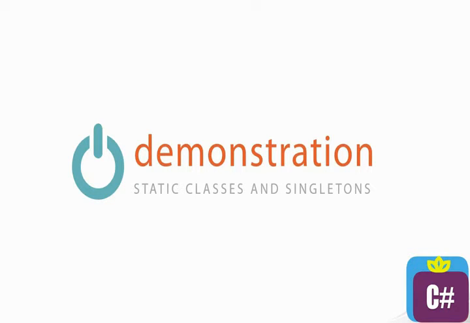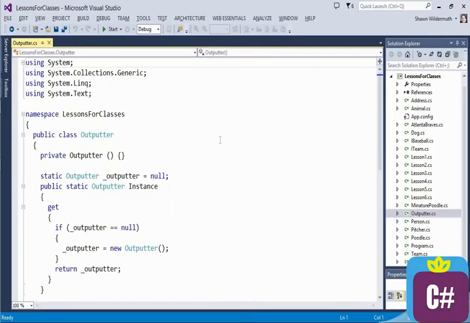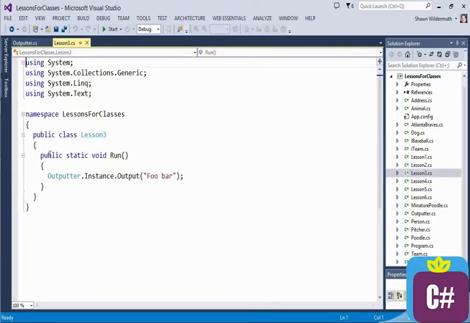Next, let's talk about static classes and singletons, as this is a pretty common case in a lot of the code reviews I do. Here we have a class called the outputter class. And if we look at the way it's being used, we can see here we're just using it as a singleton object. We're saying, oh, the outputter has an instance, and then we're going to call some method on that